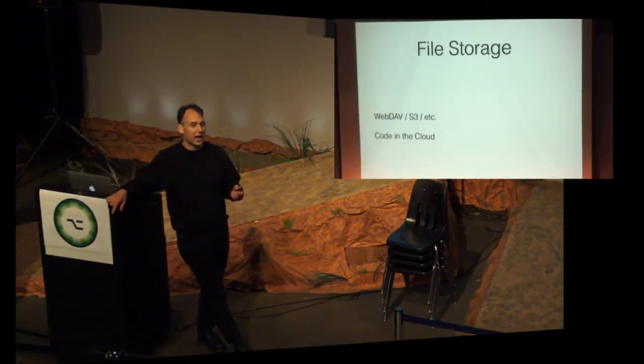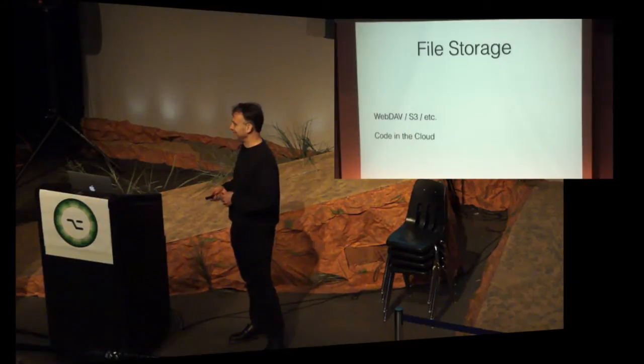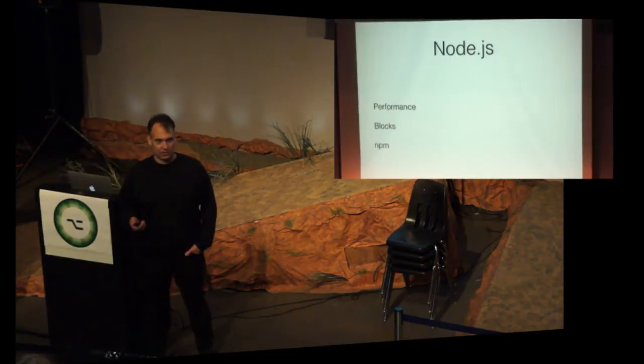It's really nice to have a smart server on the other end that understands the data and can do very efficient and fast things. And just writing the files seemed like a recipe for not working. So in the end, we decided to go with Node.js, which is a JavaScript server, and